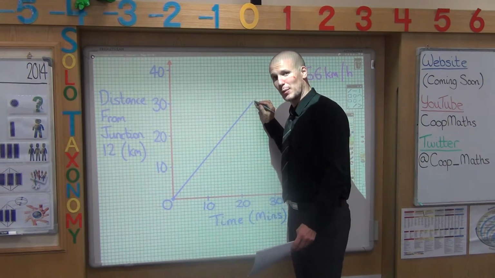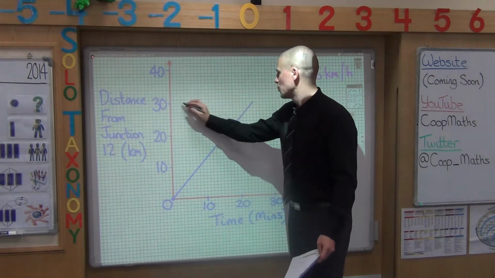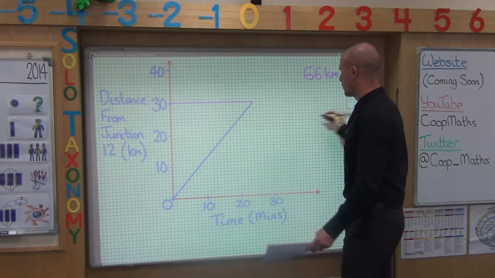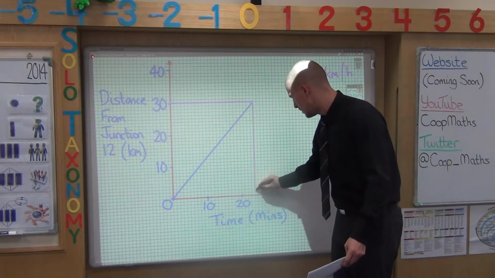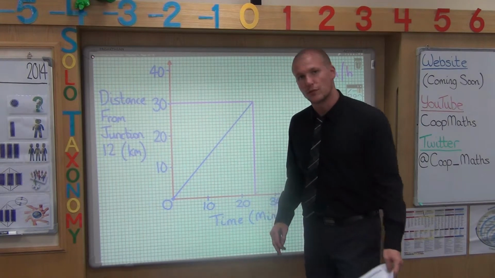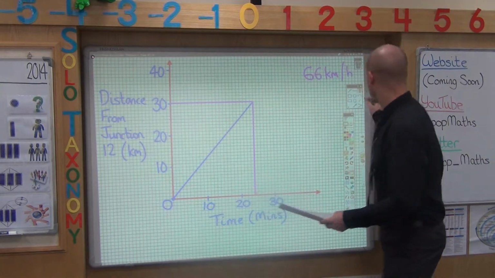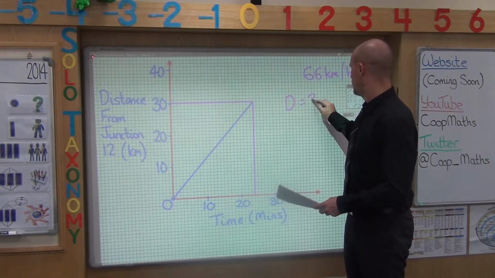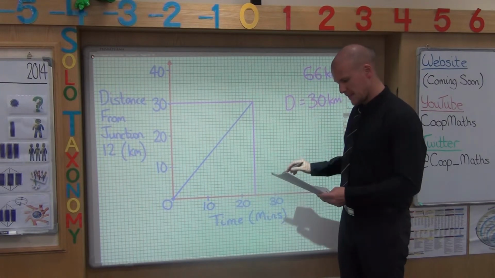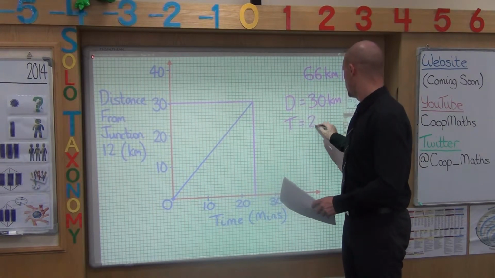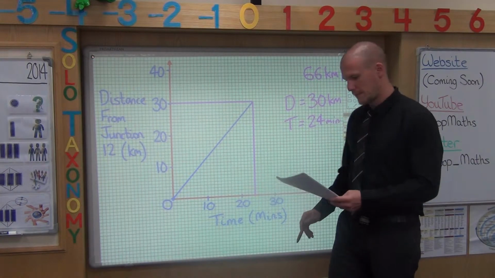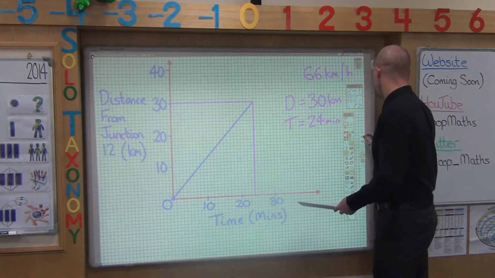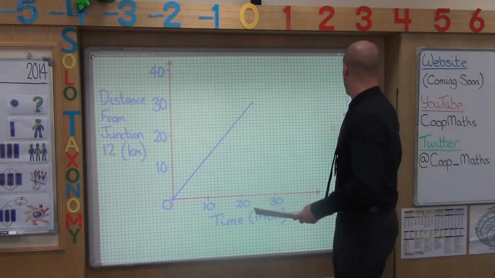It just so happens that the end point of this line is perfectly in line with 30, and is also perfectly in line, if we go down, with 24 squares across, 24, okay? So that allows you to quote the distance as being 30 kilometers, and the time as being 24 minutes. Okay? From that, you can find the speed. If you know the distance and you know the time, you can find the speed. Speed being distance over time,